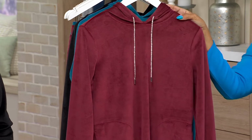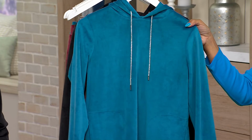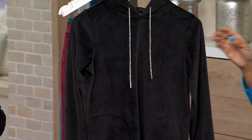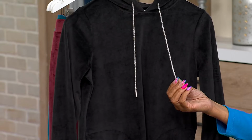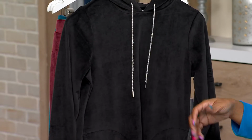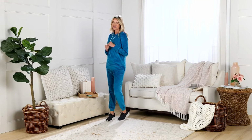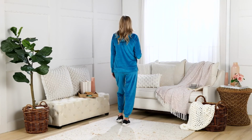Here it is in wine. Next is that gorgeous teal. So pretty. That's what we saw Crystal wearing. And then this is the color that Angel has on, that beautiful black. I love the fact that it has that little bit of bling. Listen, it's Quacker Factory. It has to have some bling somewhere. I love that it's there on the ties. It's A675834. Now, if you love the hoodie, I always say, if we have a matching pant, just grab